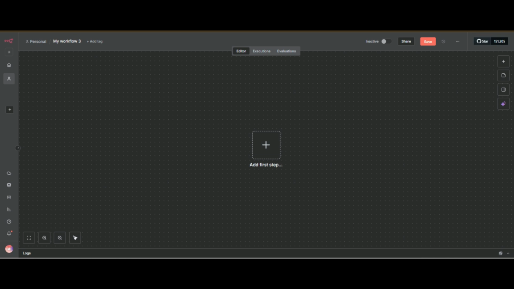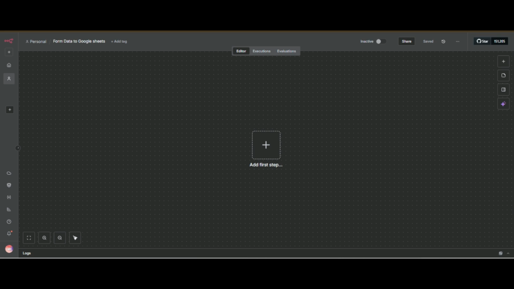So we are in the workflow. First I will give the name, which should be form data to Google Sheets. And now we have to retrieve the data, and we want the trigger to be a form.